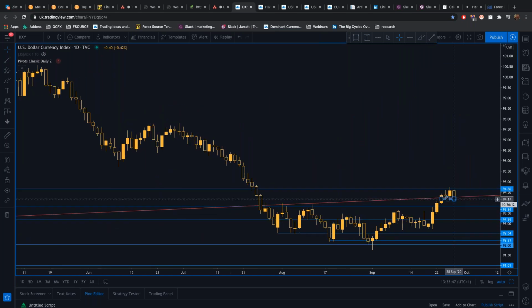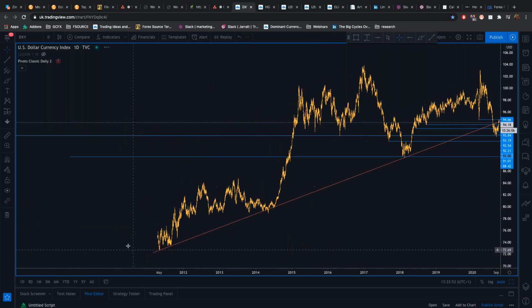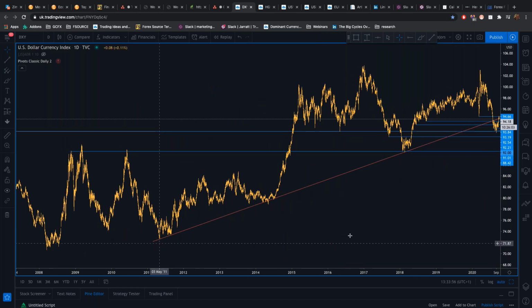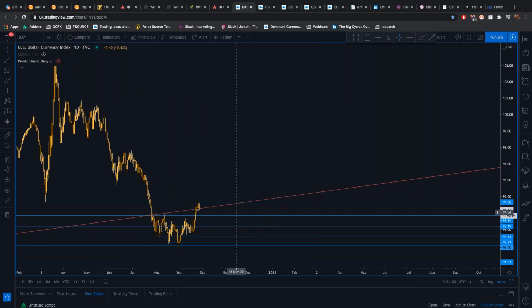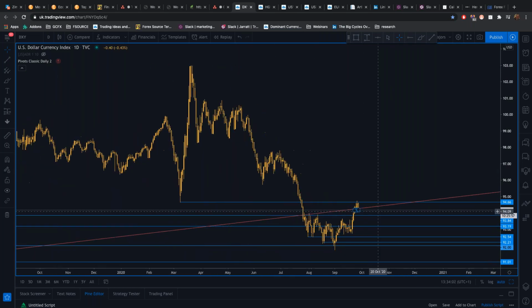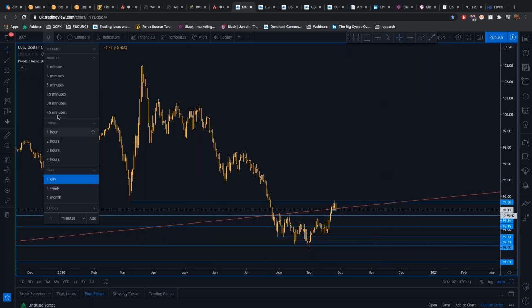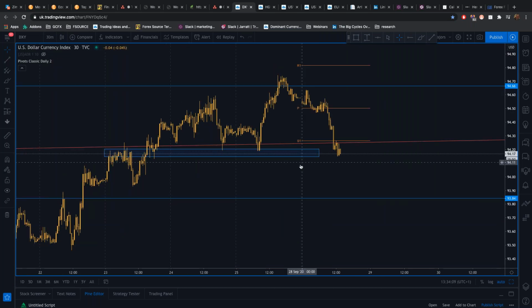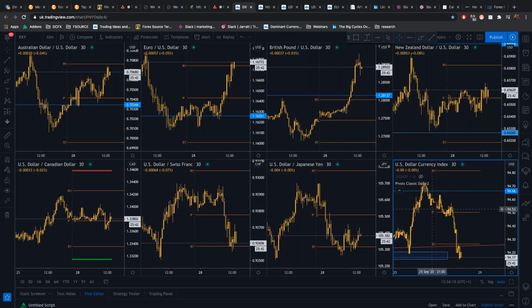You can see the dollar trying to push back down to 94.34, a very key descending trend line going all the way back to 2011. When that trend line was broken, that was important, and now price is technically trying to stay and push back down below it on the dollar index. So that's an important zone we're currently at. And we've seen upside in the US dollar pairs with the weakness of the dollar.